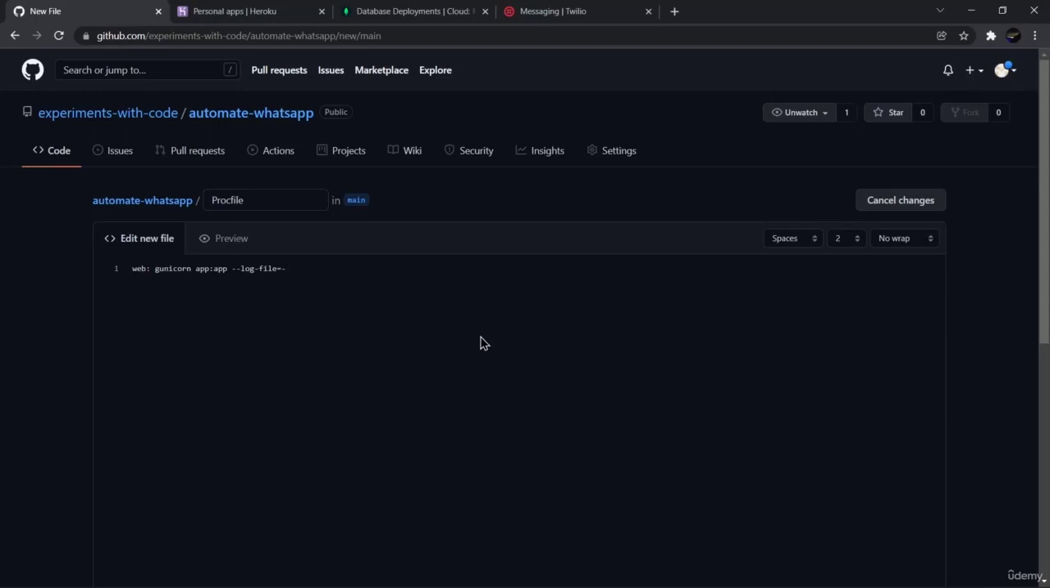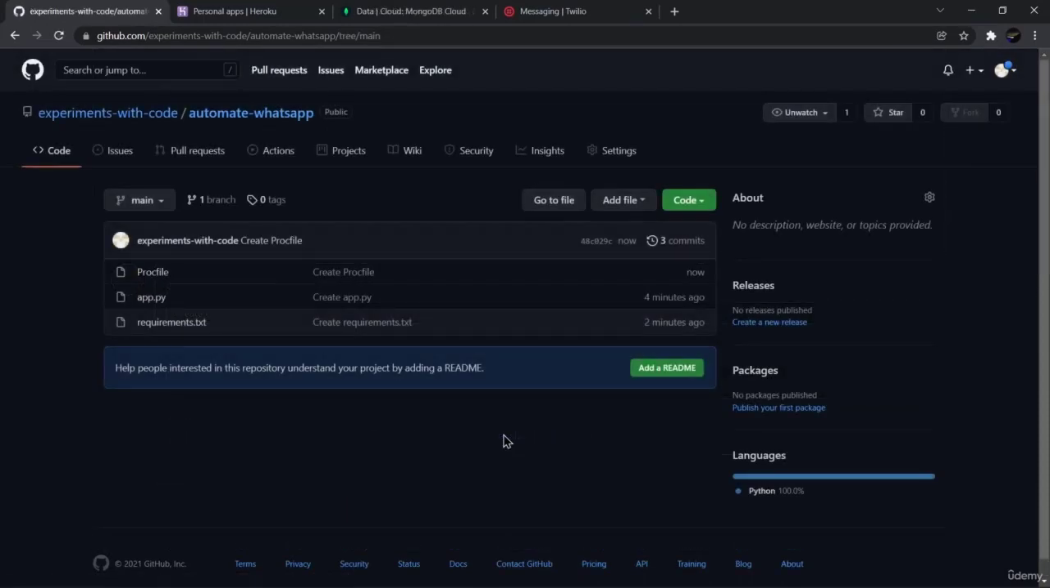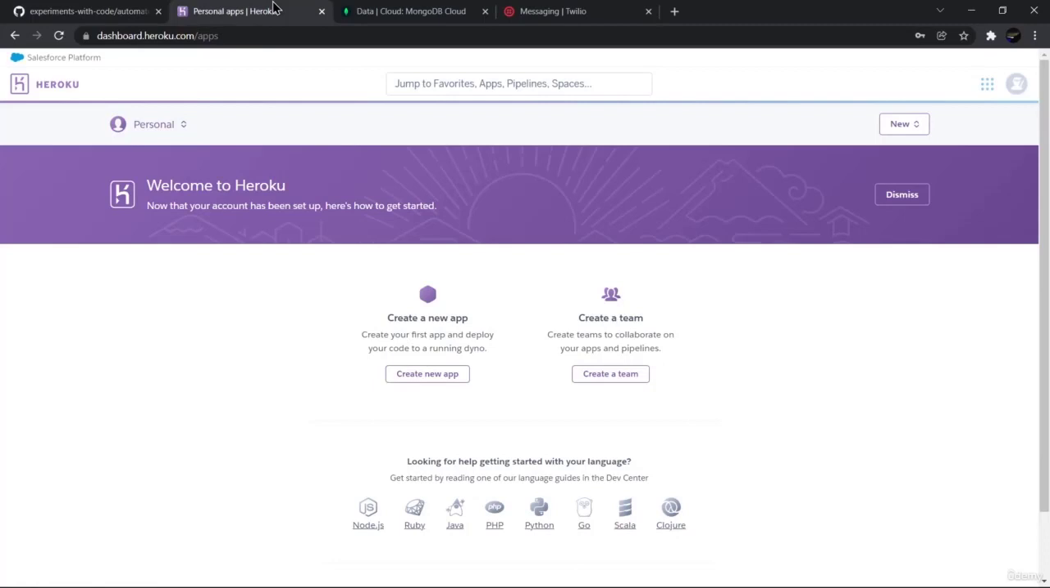Now once this is done, just scroll down and then click on commit new file, right? And with this, all the files that we need are created. So now our task with GitHub is done. Now let us configure Heroku. So just go to Heroku. Now first of all, you'll have to create a new app. So just click on create new app